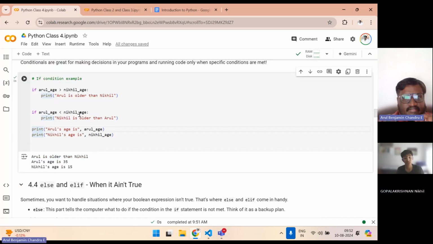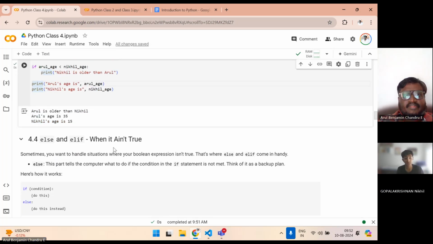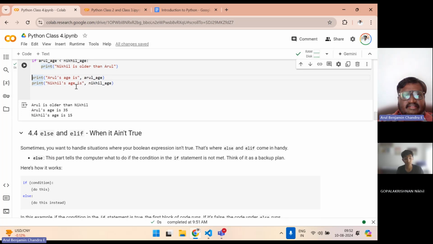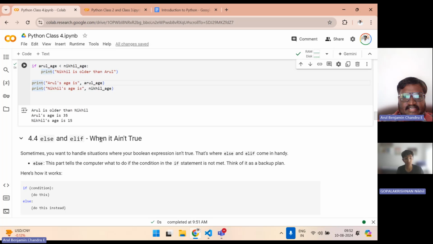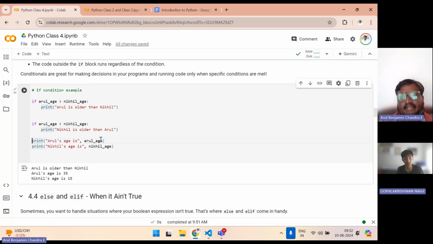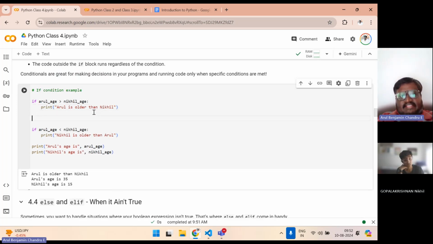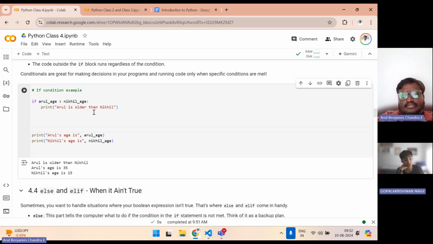So far we have covered what the if condition is. You are able to understand it, right, Nikhil, or am I confusing it? Okay, I understand. The same way, there should be an else condition also. Else condition is like, see, Arul is older than Nikhil, right? Otherwise, Nikhil might be younger than me, right? So instead of asking it to do two conditions, if I put it like this, else,